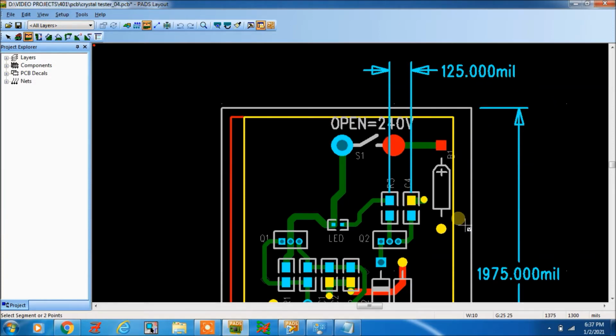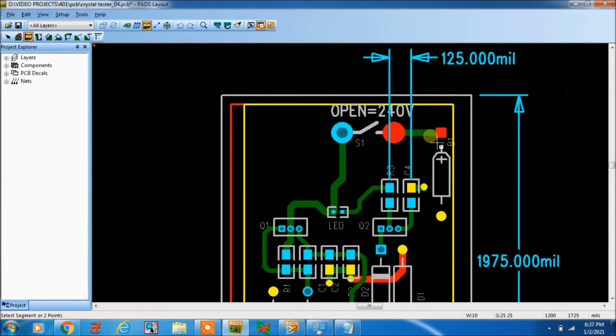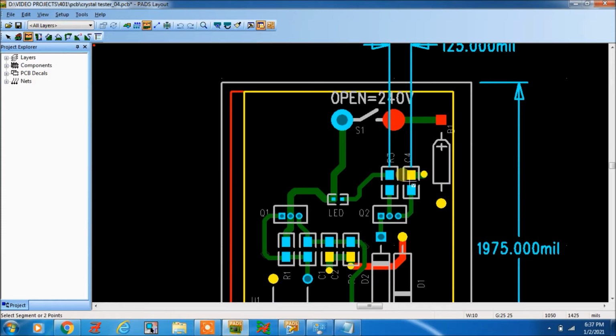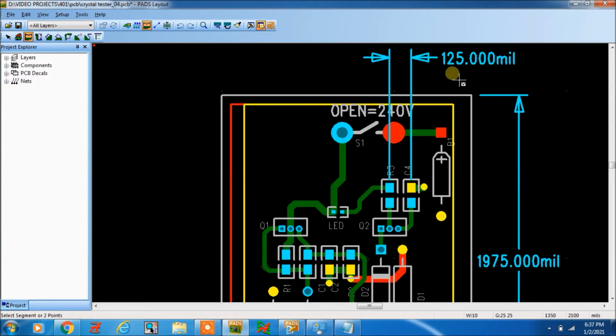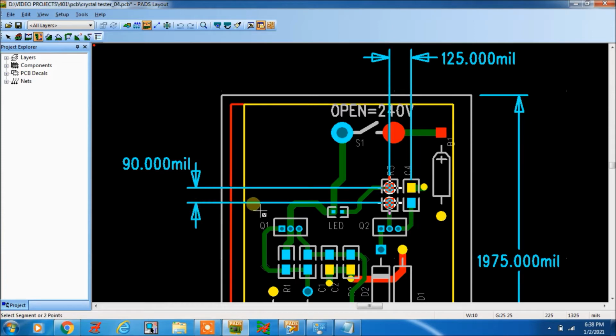If it is in mm, then it will come in mm. This is horizontal, center to center dimension, it is 125.00 mil. Now vertical dimension, from here till here, will come 90 mil. Whatever dimension it will be, it will come here as 90 mil.